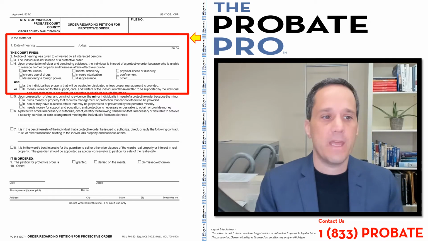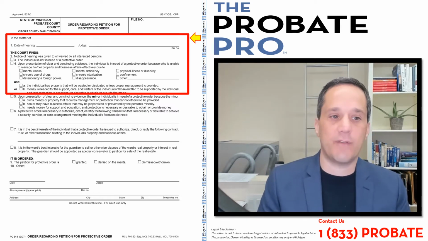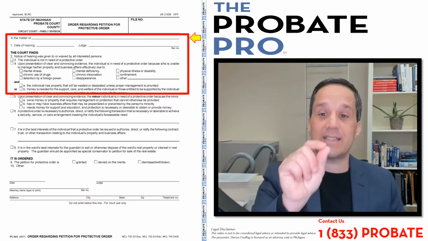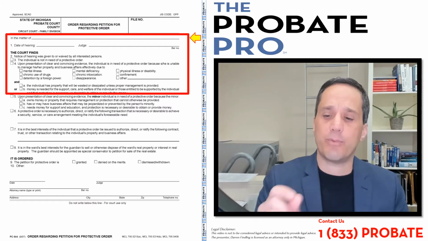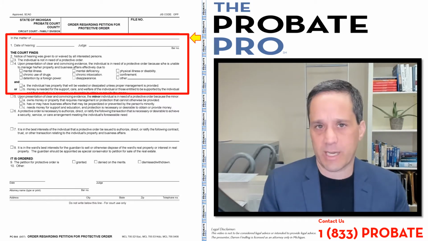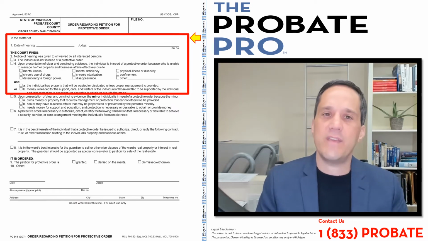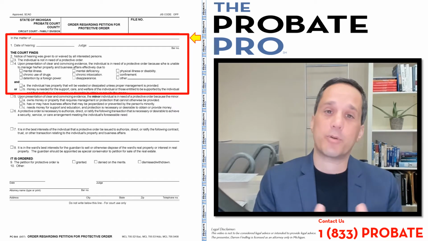Second is that the individual is not in need of a protective order. So this is, in essence, a denial of the relief that the court could enter. So you'd only check number 3 in the event that the court said, no, we don't believe there's a need for protective order. 4, this is the clear and convincing evidence standard that's required in a protective order proceeding